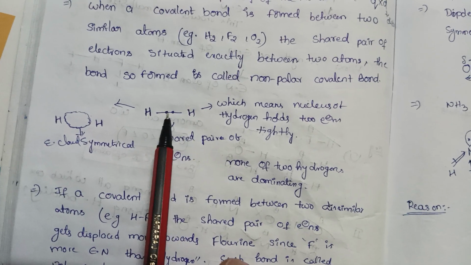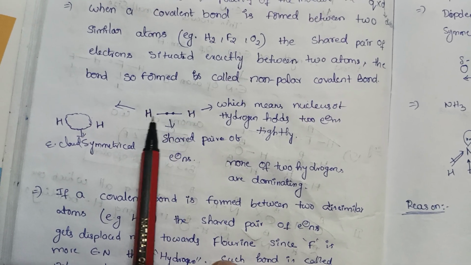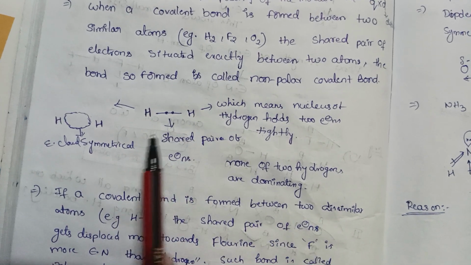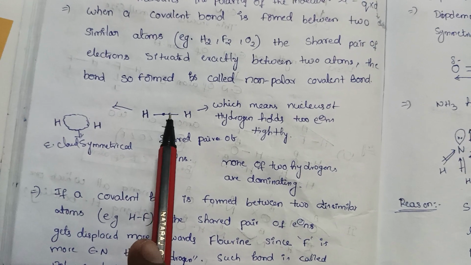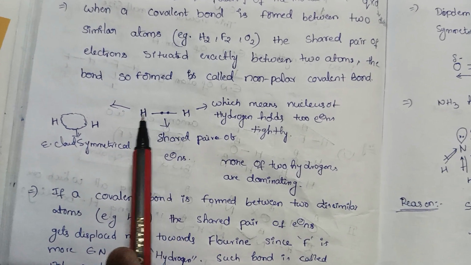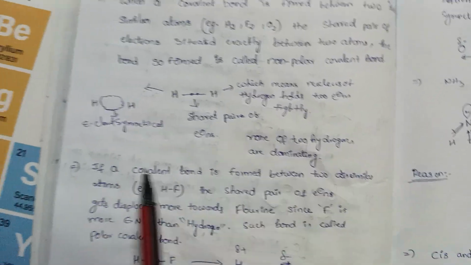If they share two electrons, a covalent bond is formed between the two hydrogen atoms, and the shared pair of electrons is exactly between the two atoms, because the two atoms have similar electronegativity and the electron